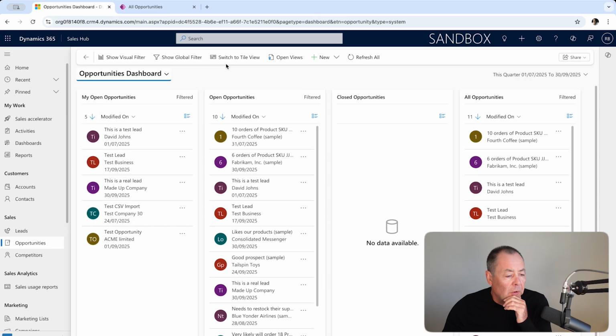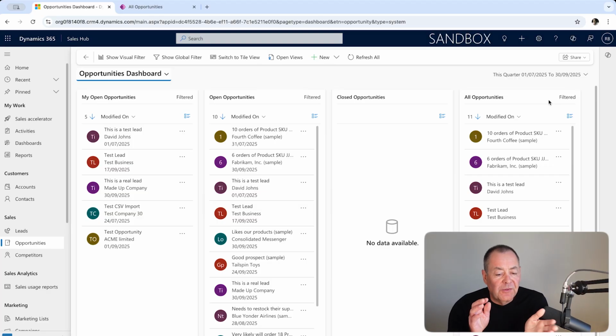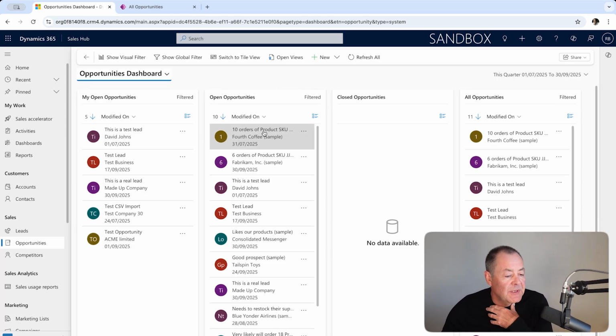So we've got effectively two options here. We've got a streams view and a tile view. We're in the streams view at the moment. So effectively, I've got four streams here. So I've got my open opportunities, closed opportunities, all opportunities. So those are streams, effectively rendering of system views in the system. Now there's some degree of configuration around this, so you've got the option to have the streams that you want or the views that you want depicted. So each of these effectively is a depiction of a view,